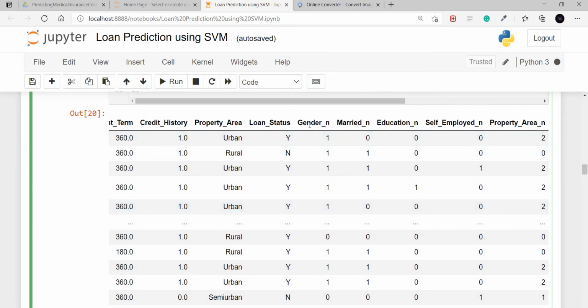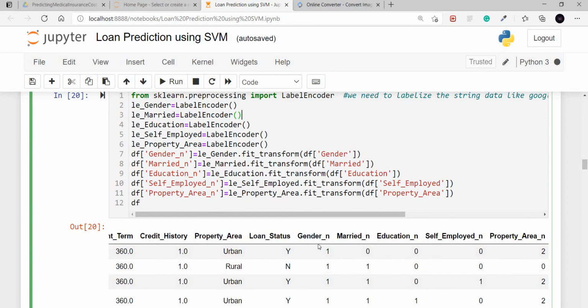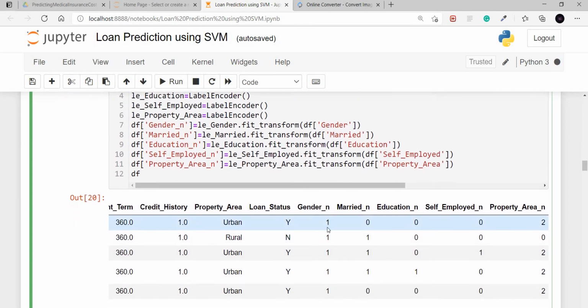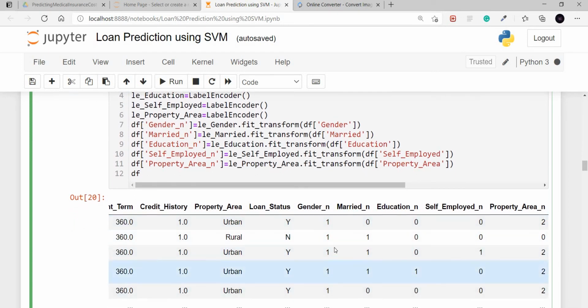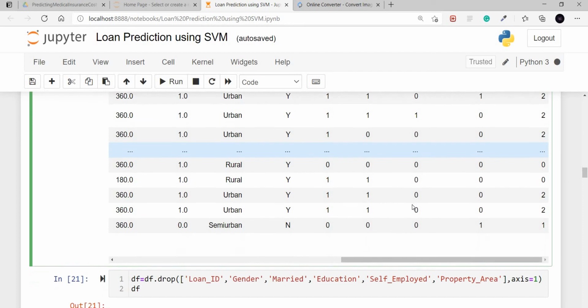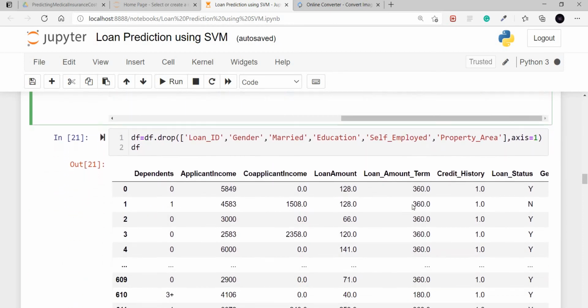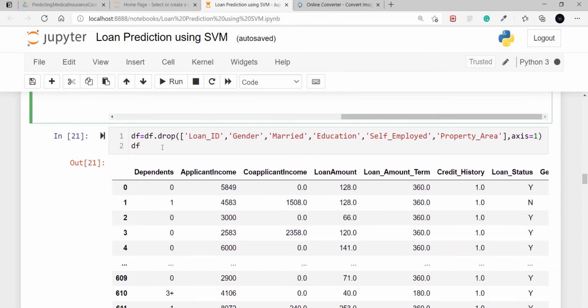These are all new columns which I have created in this block of the code. So we can see now gender is 1 or 0, 1 for male and 0 for female, and the same with all the remaining data. Now the columns we don't need anymore, I'll drop those columns to make our data set clean.